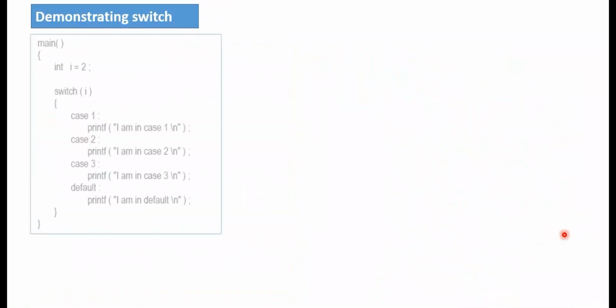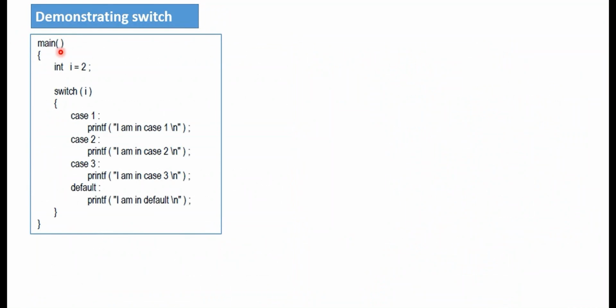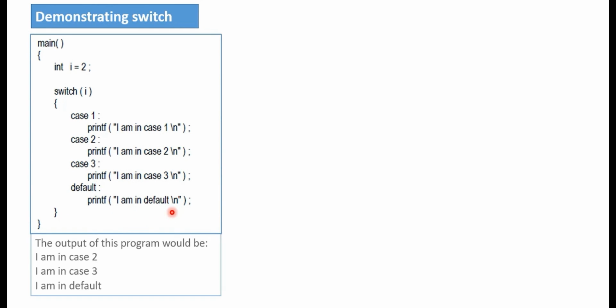Let's take an example. There is a main function and we have int i equal to 2, so we have an integer constant having the value 2. We have implemented a switch case with this value i. For case 1 we have printf "I am in case 1", for case 2 "I am in case 2", for case 3 "I am in case 3", and for default "I am in default". Now if you run this code, you will get the output of the program: I am in case 2,